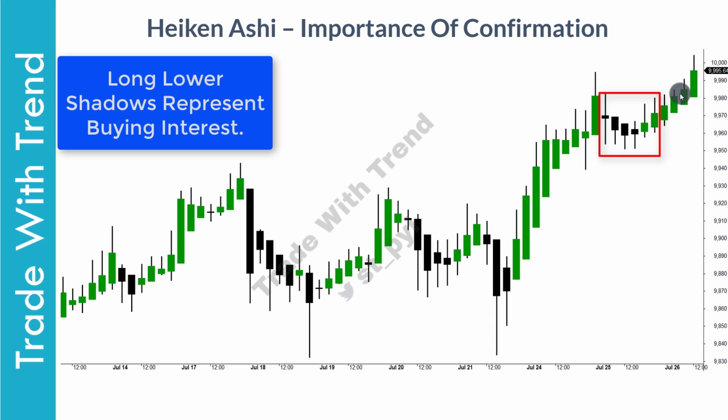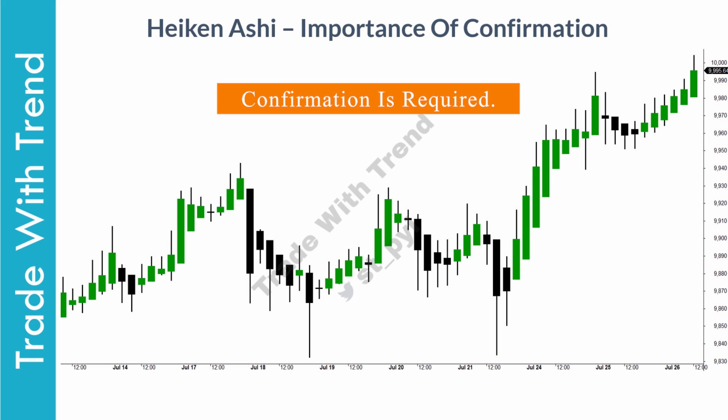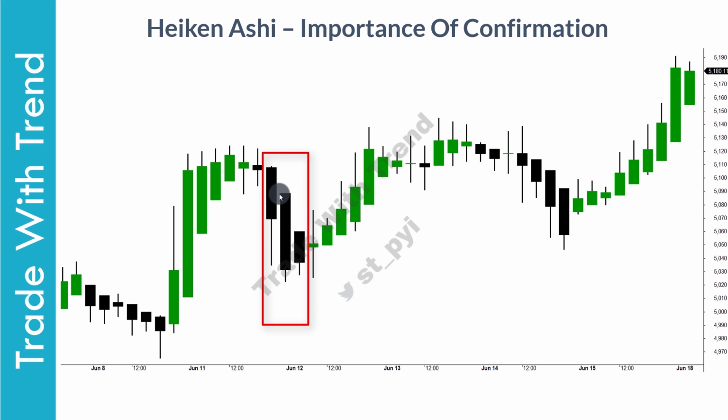Emergence of continuation candles again reaffirmed the direction of trend. Always remember that initiation candles have to be confirmed by continuation candles. This is the right way to analyze a stock's trend. Now, without confirmation, risk always exists for trend to not continue and for prices to move lower. If you look at the chart in front of you, there are two initiation candles visible here. Now, once these initiation candles showed up, there was no confirmation in the form of continuation candles. We just got a couple of indecision candles here and then price started moving higher.